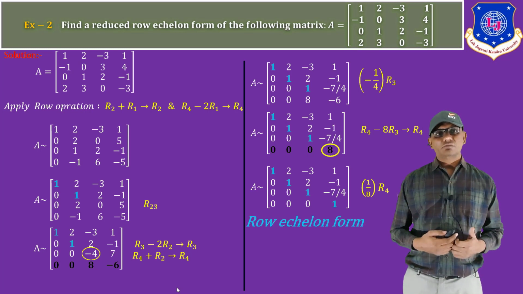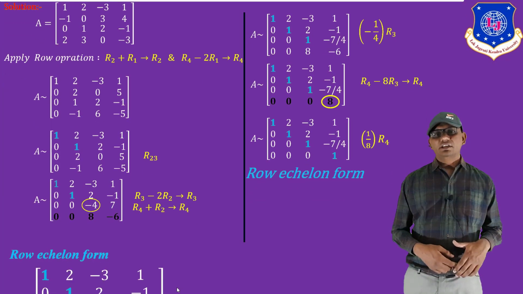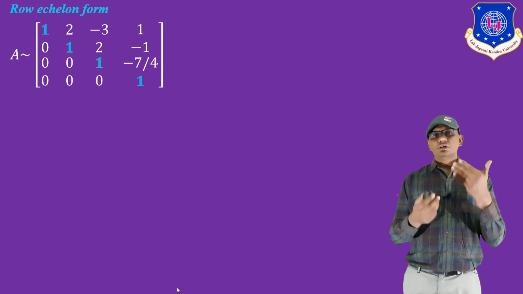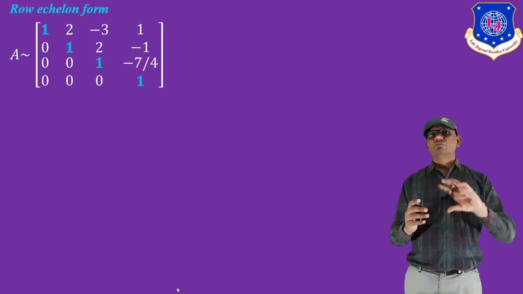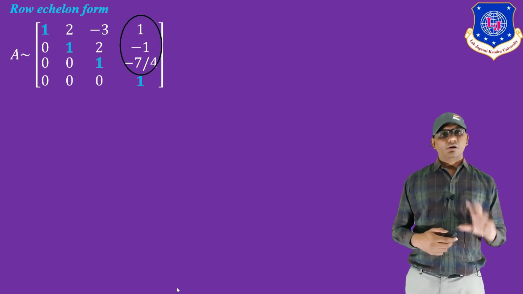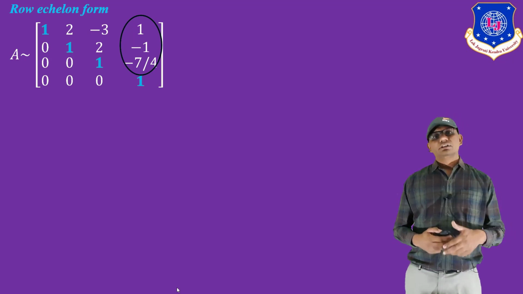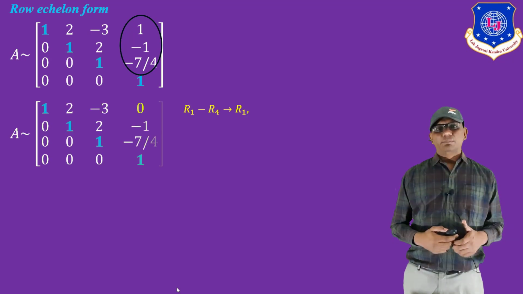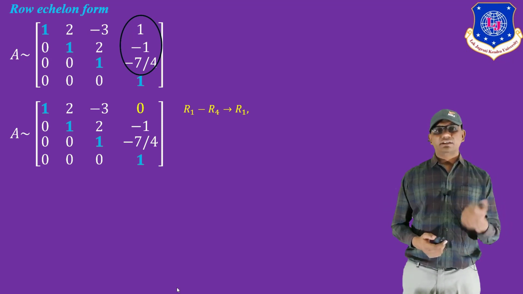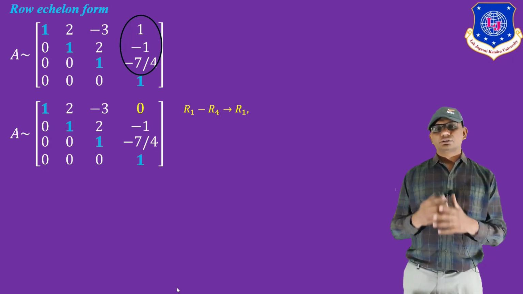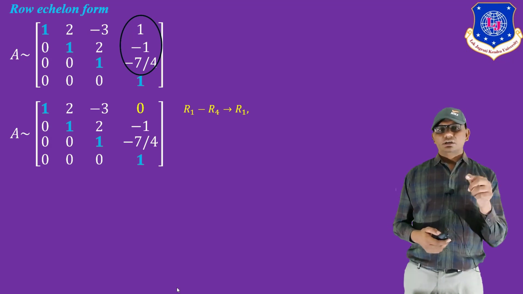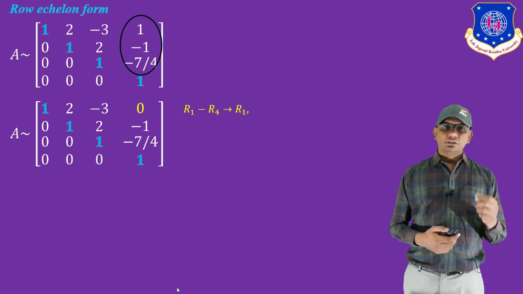But here we have to convert it into the reduced row echelon form. So finally we have the row echelon form like this, and in the reduced row echelon form all the entries below are already 0, but we have to convert the entries above to 0 as well. So here we set all entries in the last column to 0. We apply R1 minus R4 on R1, then we get the first row's last element as 0. Then we have to convert the -1 above to 0.